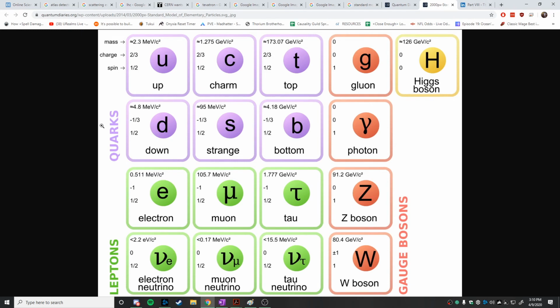So I mentioned that in this picture, the electron, the down quark, and the up quark contribute to all of the normal matter in the universe. The up, down, and electron do. The rest of these particles decay. In fact, if you're taking 1D right now,